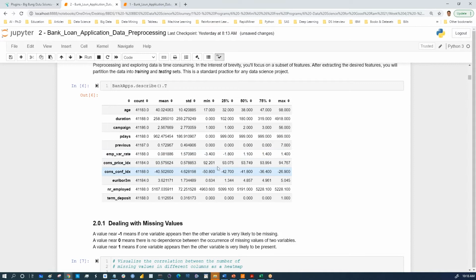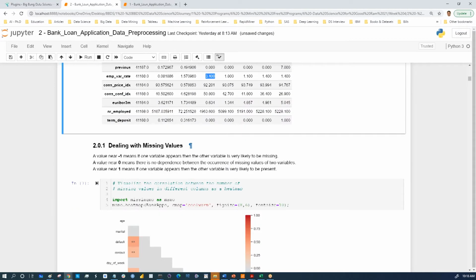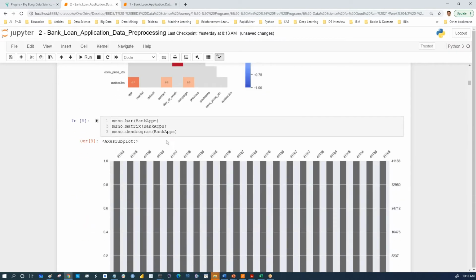So look through them and see if there are any suspicious numbers, especially the zeros, the empty zeros, or negative values. Then we moved into how to determine a missing value using the missingno package, and of course also using the isna sum